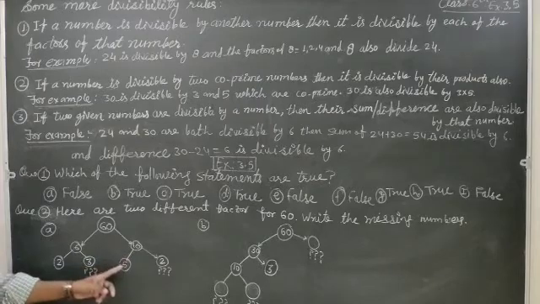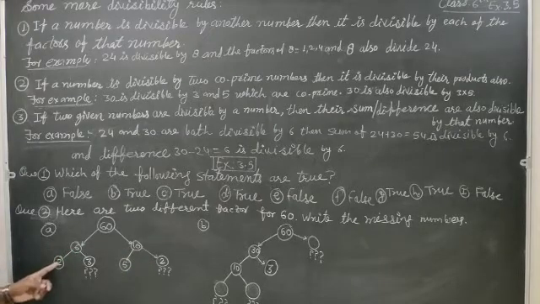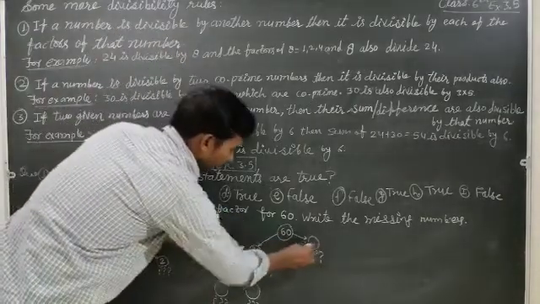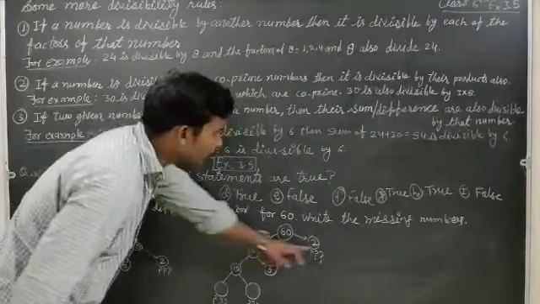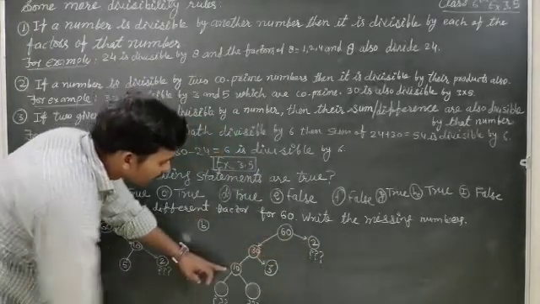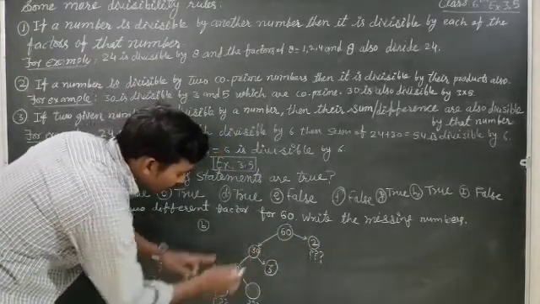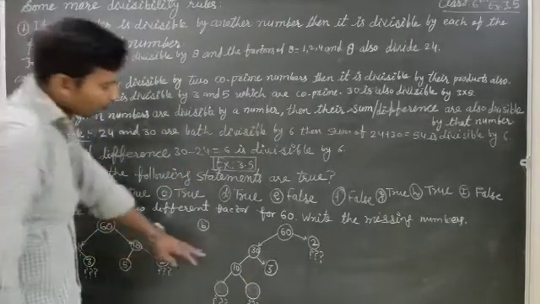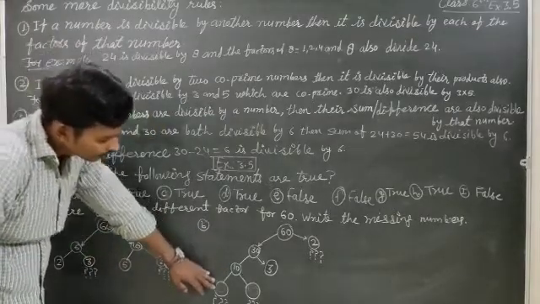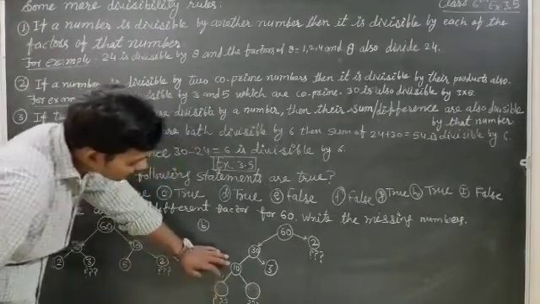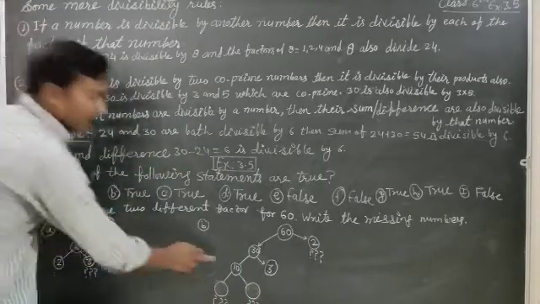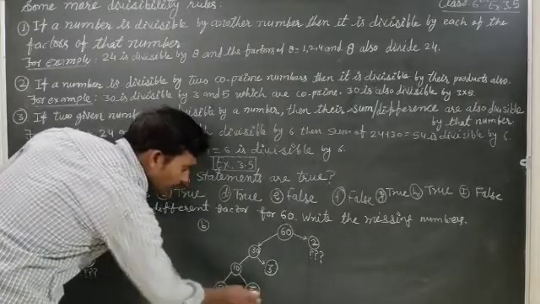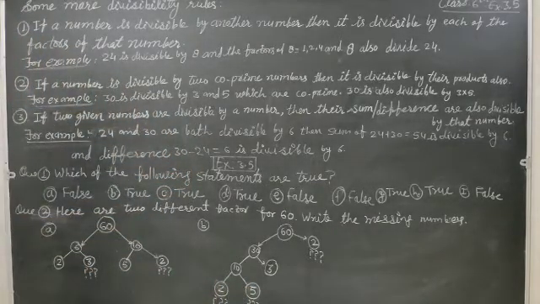10 is divisible by 5 and 2. And 6 is also divisible by 2 and 3. Here 60 is divisible by 30 and 2. 30 into 2 equals 60. And 10 into 3 equals 30. And 10 is divisible by 2 and 5. So these numbers are 2 and 5. So missing numbers done. So complete question number 2.